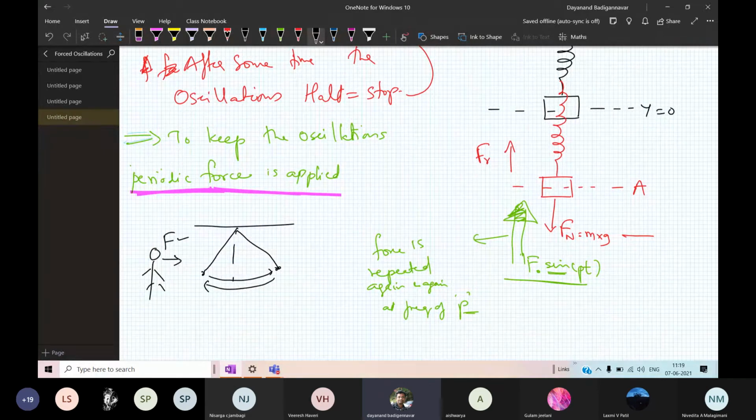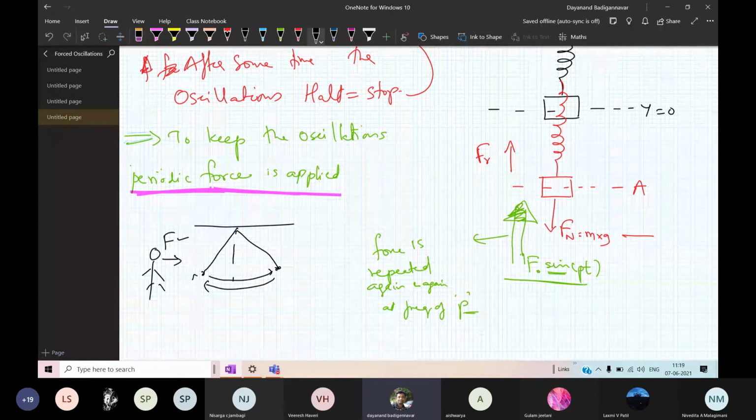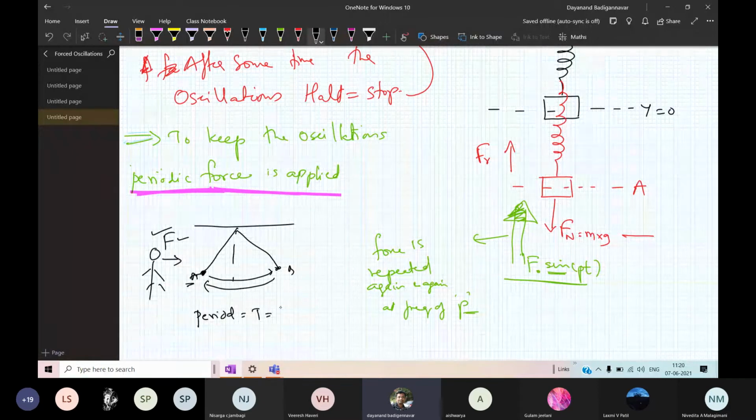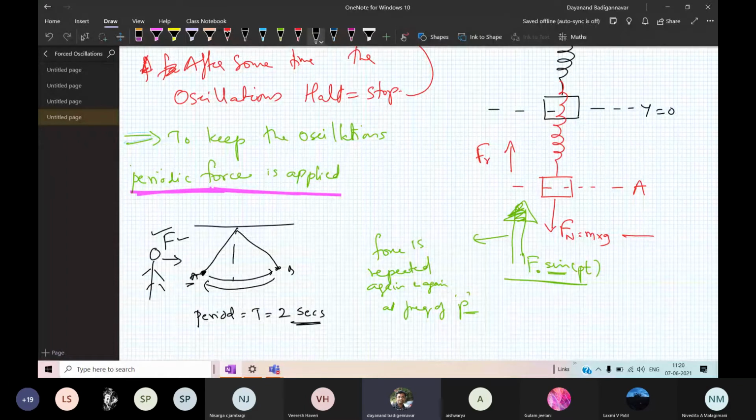It goes to this point from A to B. From B it comes back. Whenever the swing is at A, keep in mind, your friend is applying the force. So, for example, the period of oscillation. What is the period of oscillation? Period is T. How is that? The oscillation starts here, it goes to point B, and from point B it comes back to A. So it is one oscillation. For one oscillation, let us assume it is taking 2 seconds. So your friend is applying the force at every 2 seconds. Every 2 seconds. You are getting the point?